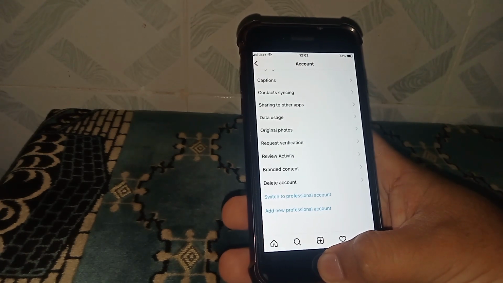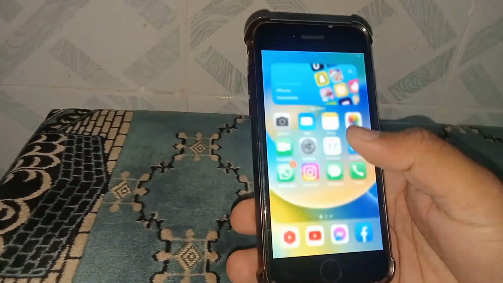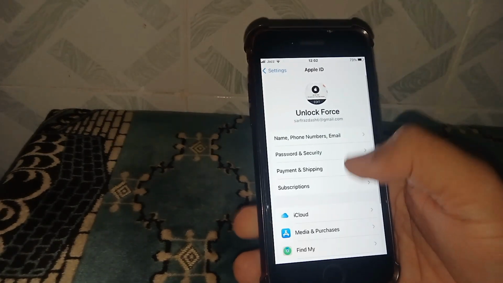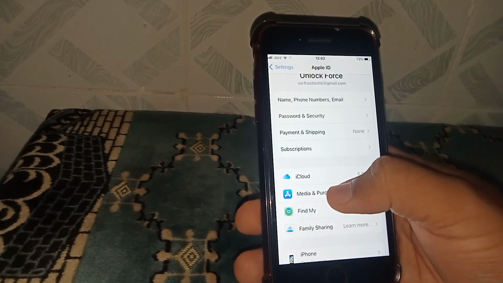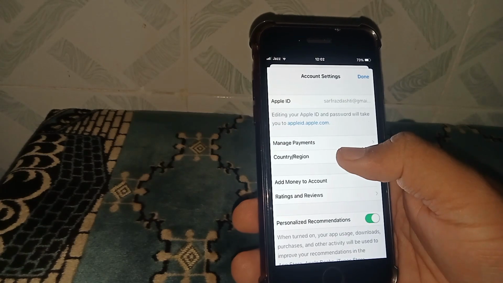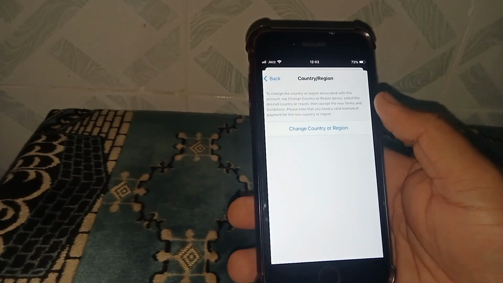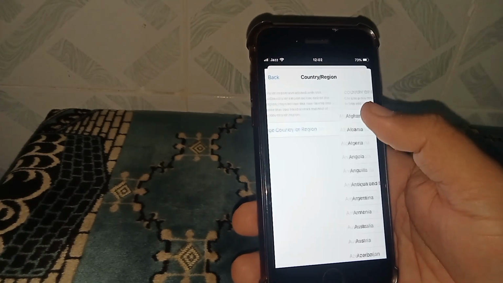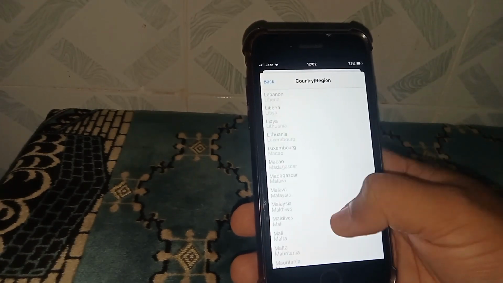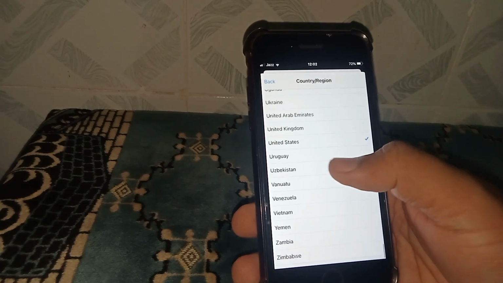If the problem is not fixed, then go back to your home screen and open your settings and tap this Apple ID and tap this media and purchase and tap this view account and tap this again country region and tap this country or region and select your country, anyone. I am selecting here United States